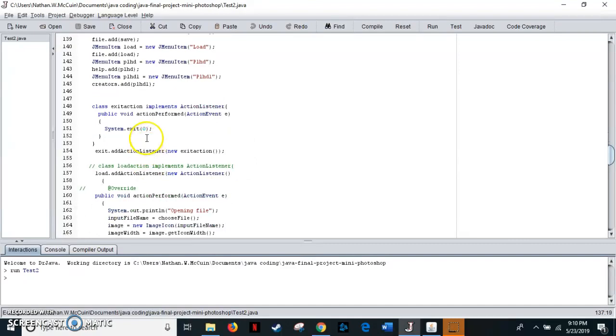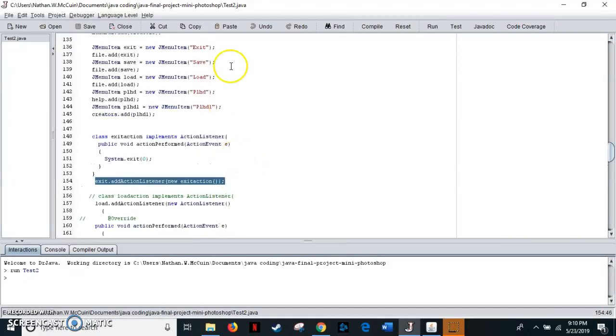Then we go down and add an action listener for that exit button. So this is actually linking a method and a private class to the button. So you can have the button, but now when we click the button, it has an action listener. So we click the button, that triggers this. It goes to a class, which simply just exits out of the program,